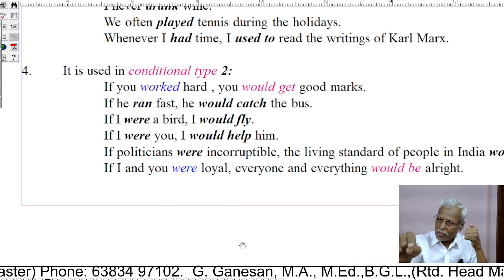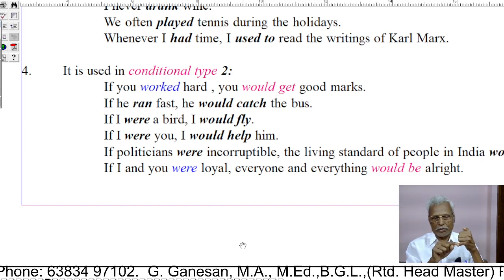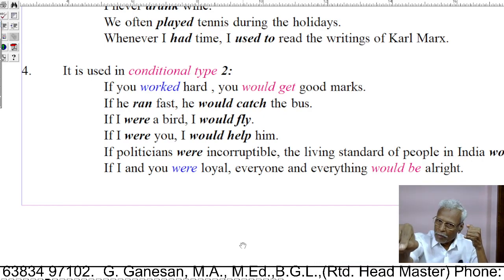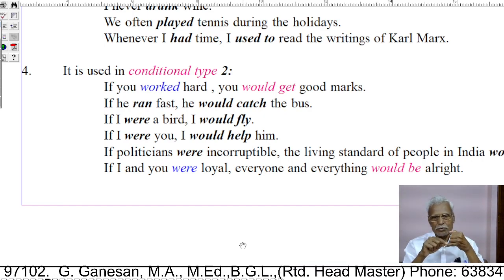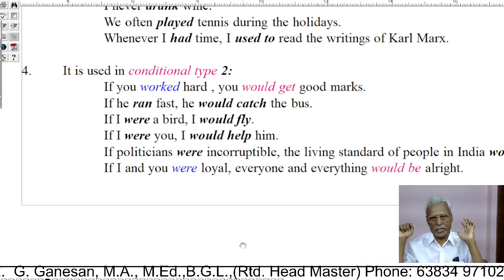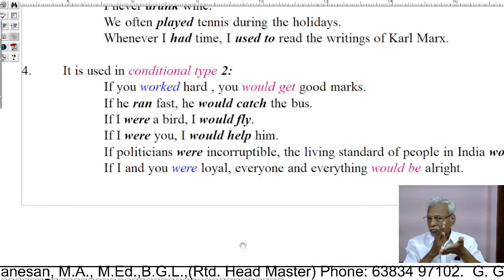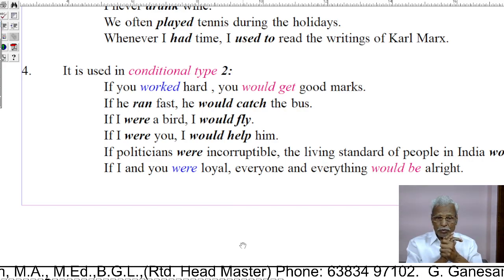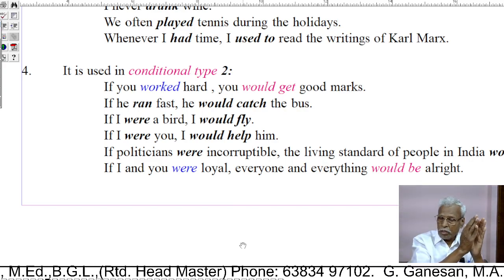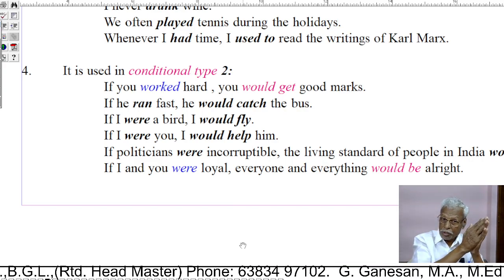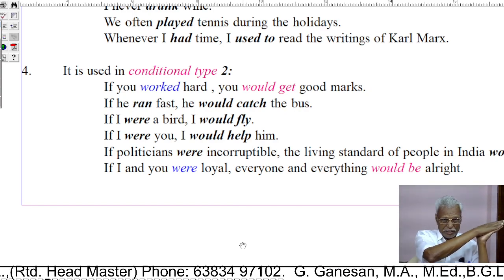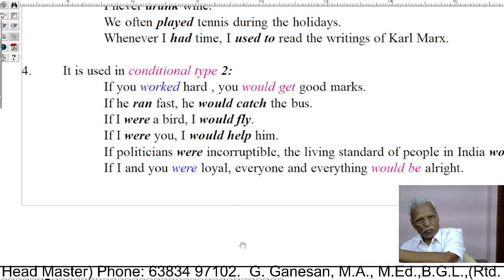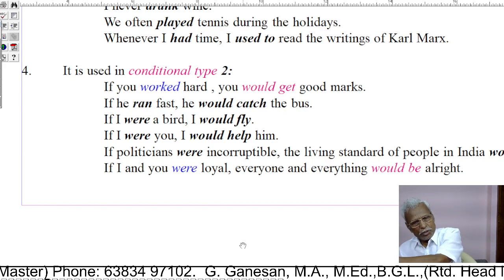The possibility is expressed in the first type, the improbability in the second type, the impossibility in the third type. In the first type, the simple present tense is used in the if clause,